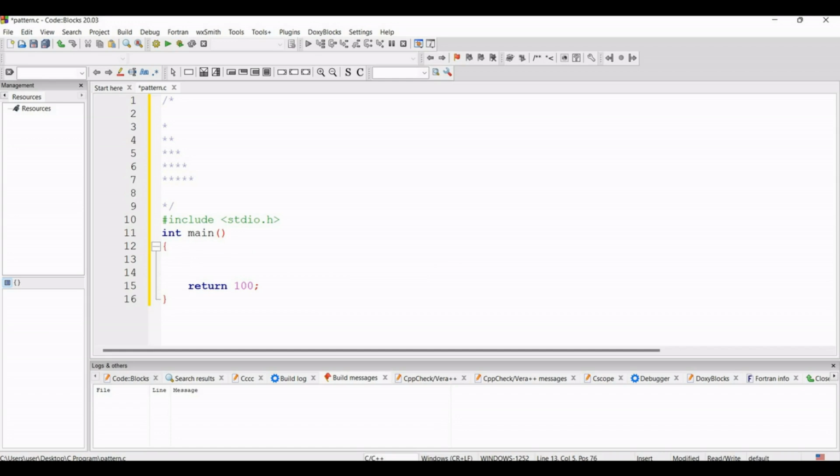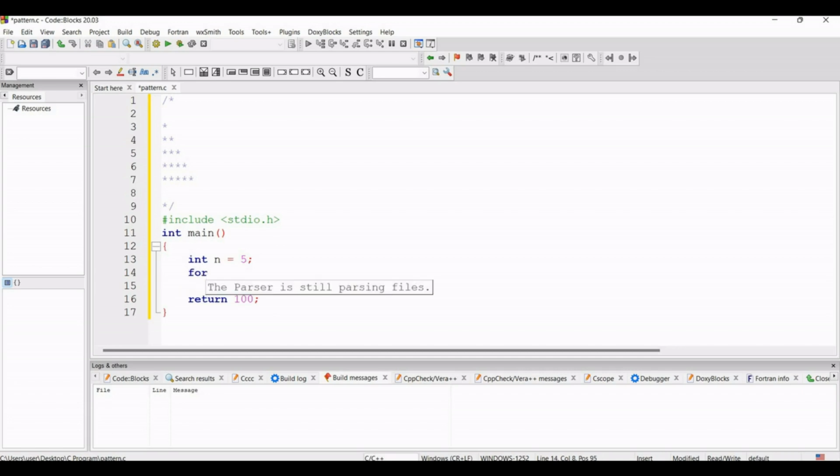Here suppose the variable is n and the value of n is 5, that means there will be 5 lines. Here you can see that there are 5 lines. So for that reason we have taken one integer type variable with the value 5, and now we have to start our for loop.